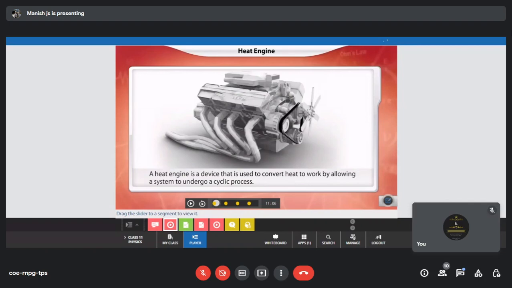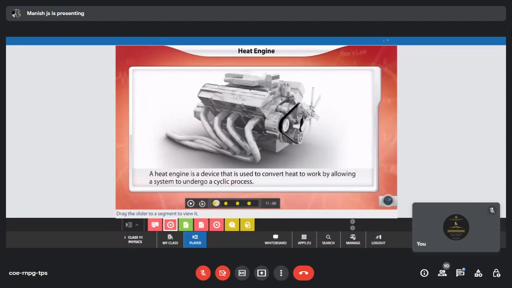I mean, if both the front shaft and rear shaft have to be power shafts, then you have a greater amount of heat that needs to be supplied. So you need a better engine to be constructed. So on the case level, that is what we try to understand. Typically, a heat engine is something which converts your heat profitably into work.